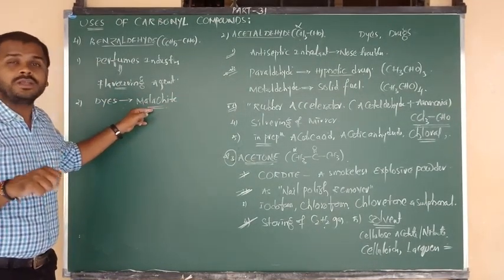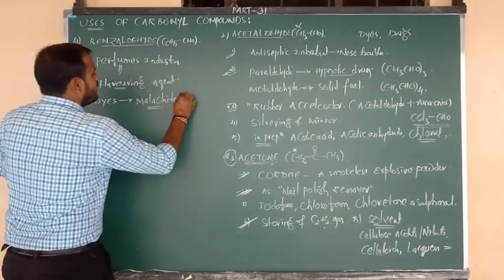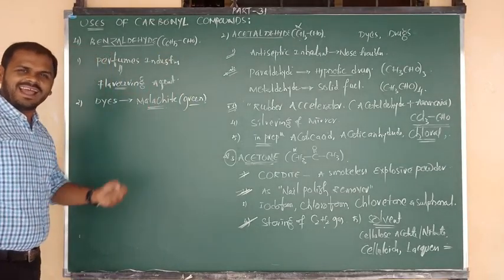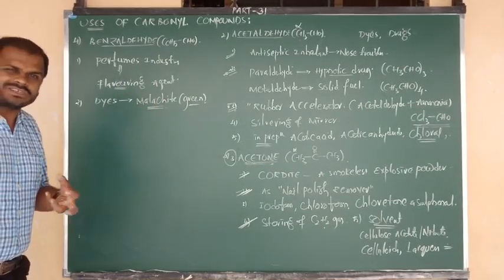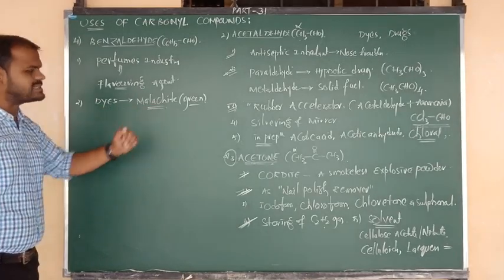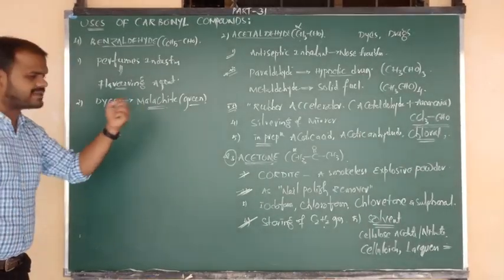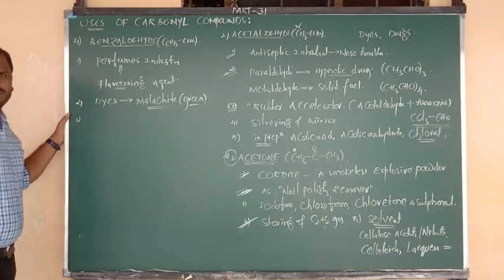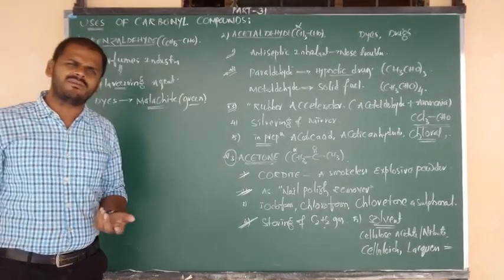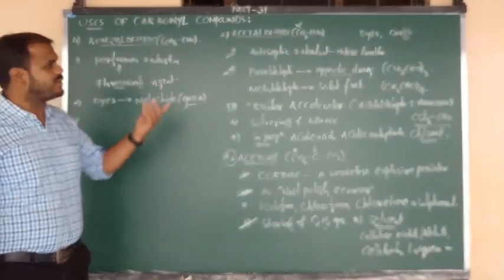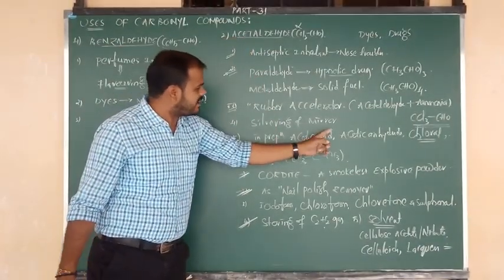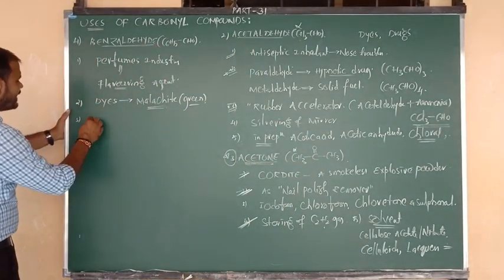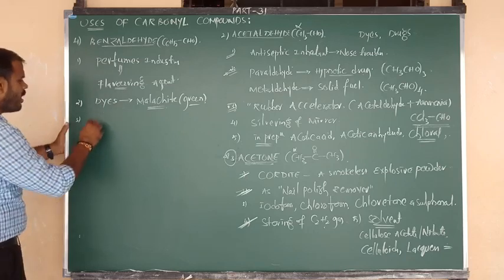Very important. Malachite is a chemical substance, a synthetic dye. By adding this dye to food material, it automatically gives color, the green color. So benzaldehyde can be used in the manufacturing of synthetic dyes. The dye's name is malachite, which is green in color. Next point: aldehydes upon oxidation generally give carboxylic acids. Acetaldehyde gives acetic acid, as I have given you. Benzaldehyde gives benzoic acid. So benzaldehyde can be used in the manufacturing of